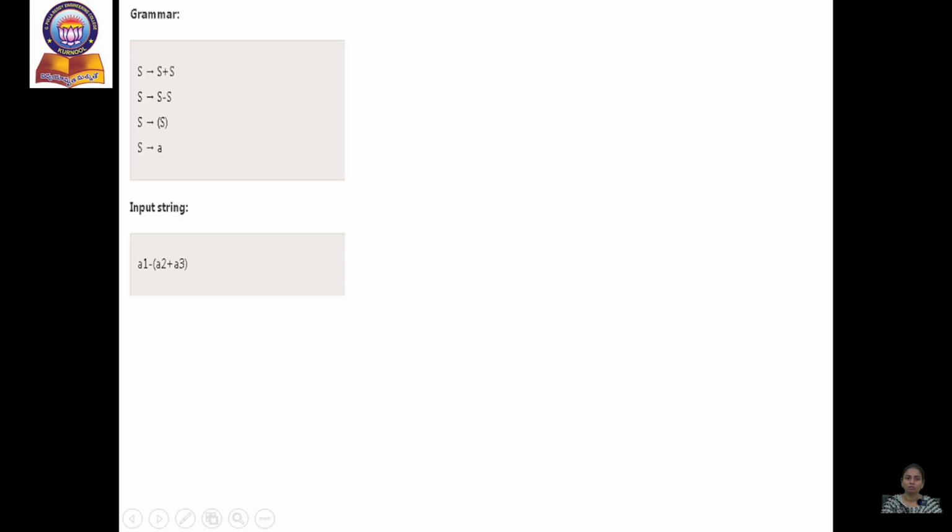So in this session, I'm going to explain how shift reduce parsing is done for the given grammar to parse the given input string. So for shift reduce parsing,